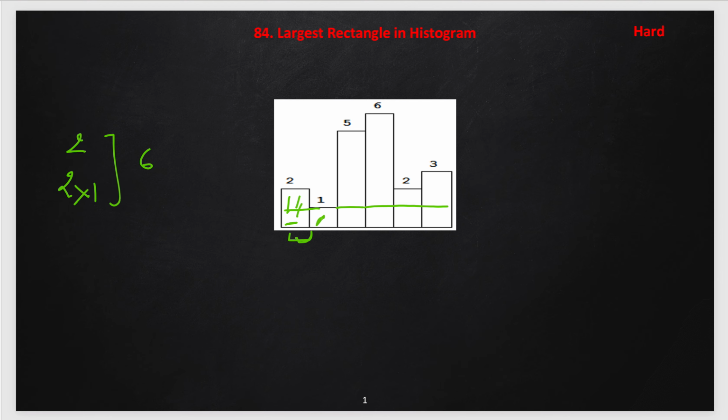If we start from here, second, and go right side, this will give us a maximum 5. So, from second we will get maximum 5 and so far we got maximum 6. Now, we will start from third. If I start from here, this is the area 5 by itself, and this is sharing the common 5 with this 6 as well if we go in second. So, this will become 5 into 2 which is 10. So, this is the maximum of all possible rectangles in this approach.